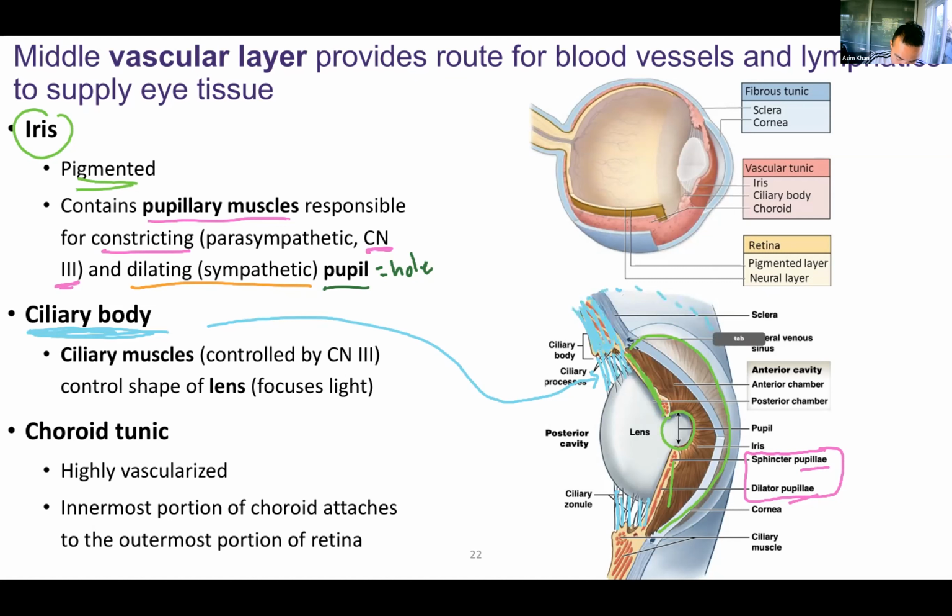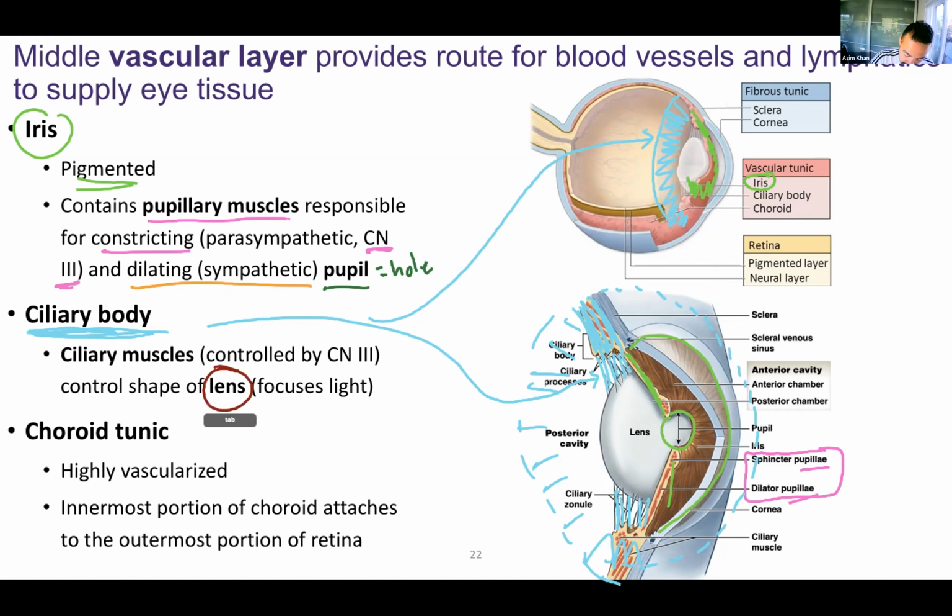So you can't see it here, but it's posterior, and it's all of this. I'll switch over to Complete Anatomy in a second to give you a better view of this. But in this view over here, it would be all of this. That would be the ciliary body versus the iris, which is more anterior and smaller surrounding the pupil. That would be the iris. The ciliary body contains ciliary muscles, and those little hair-like extensions